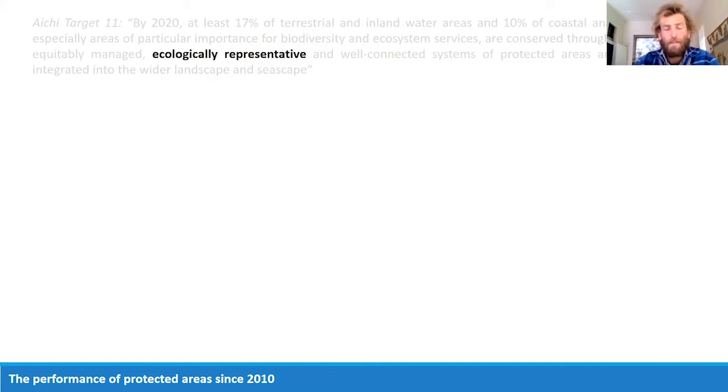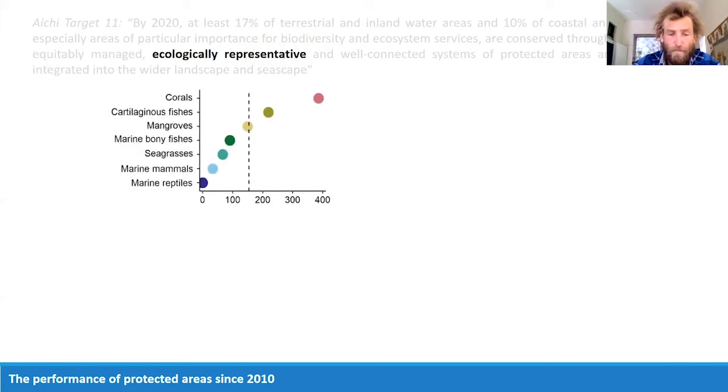We assessed how expansion of the global protected area estate between 2010 and 2019, 2020 affected coverage of threatened species. Over 12,000 threatened species listed as vulnerable, endangered or critically endangered. So in the last decade, the percentage of species with some proportion of their geographic range protected increased from 86% to 87.6%, which sounds high.